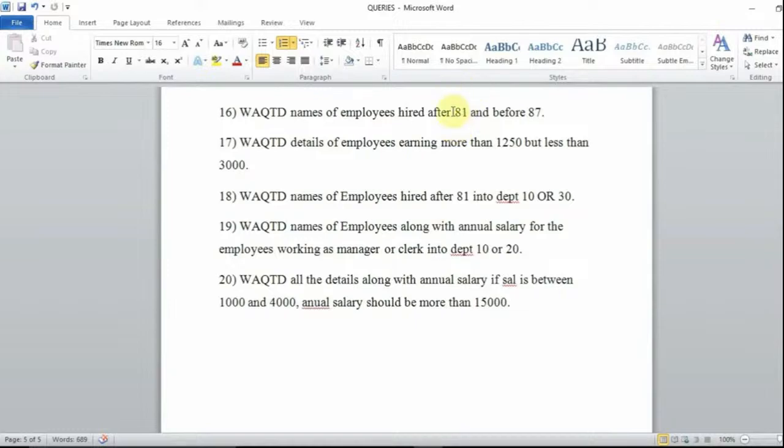So they will be giving only the year. We have to calculate, or we have to understand, that after 81 means after 31st December 81. And another condition says that they should be hired before 87. So before 87 means the starting of 87 should not be included. So 87, when the